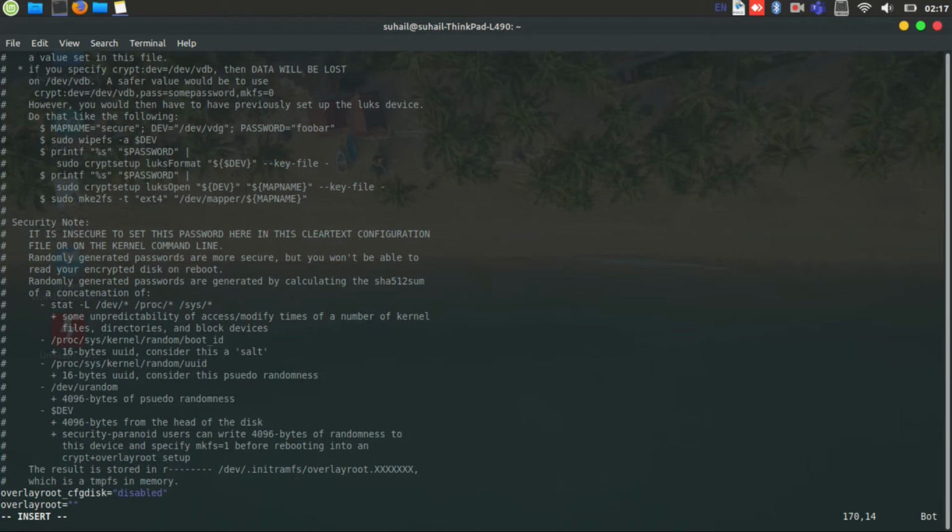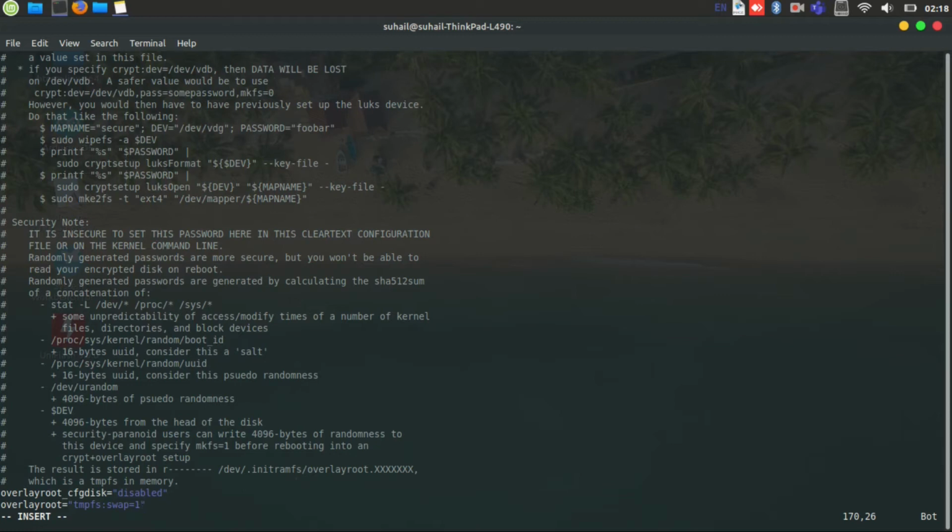So you need to type tmpfs. This temporary file system creates a temporary file system to store the temporary changes that you make in the online session. And once someone reboots the system, all the changes will be discarded, and you will get back to the original state of the root partition. So no effect will be made to the root partition. And by default, overlayroot disables the swap partition. To enable it, you have to provide it explicitly. So just type swap=1, and your swap partition will be enabled.